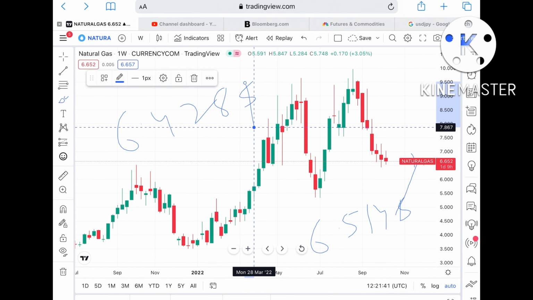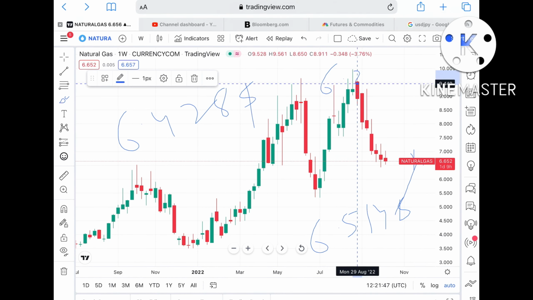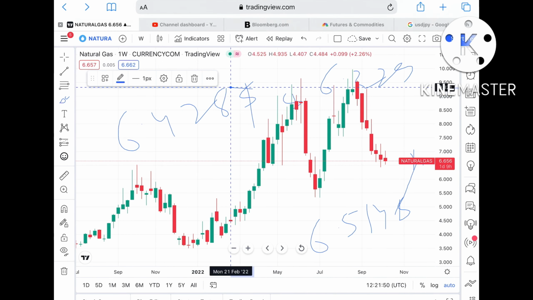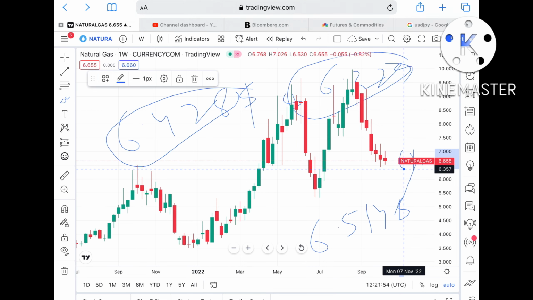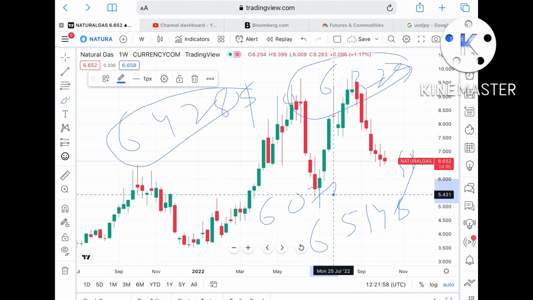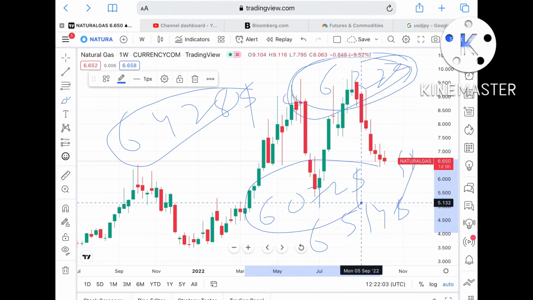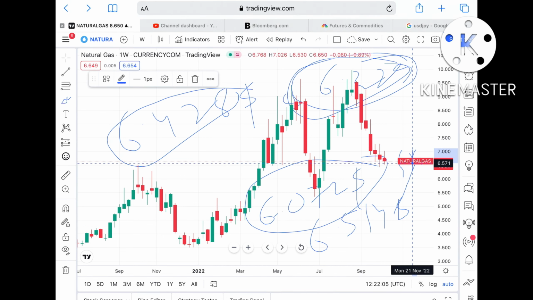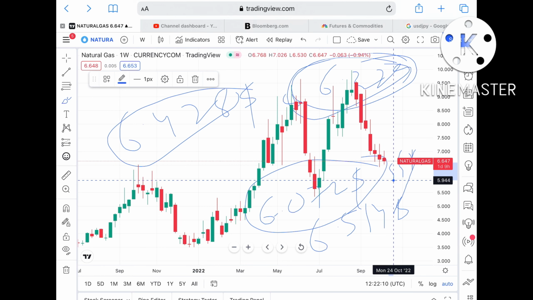Okay, and once the price goes below that particular level, then we can see it can touch a level of $6.329. Keep this in mind, if the price goes below that level, we can see a level of 6.329, and from there we can see it can move further low towards a level of $6.072. Now understand, if the price falls below 6.329, then we can see a level of $6.072, and from there we can see it can fall further low, and a probability is there it can move further down towards a level of